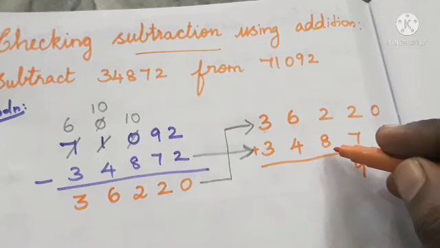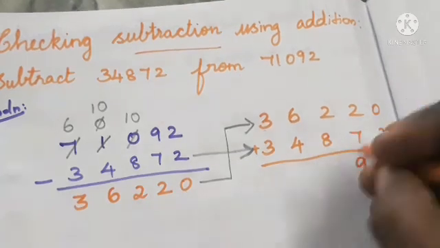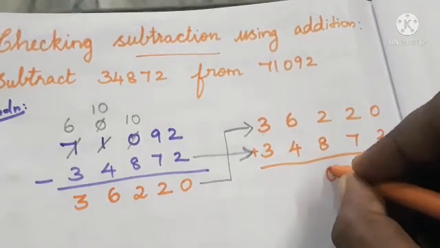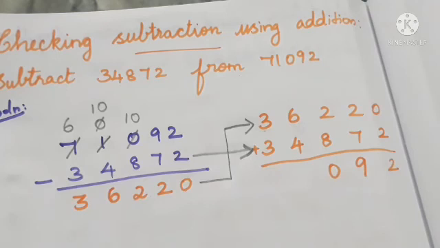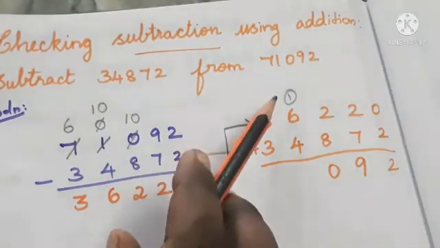So 8 is the bigger number now. So take 8 in the mind, take 2 in the finger. 8, after 9, 10. So 10 means we can write the 0 here and 1 will be the balance. Okay, 1 is the balance. Now we have to add 1 and 6.